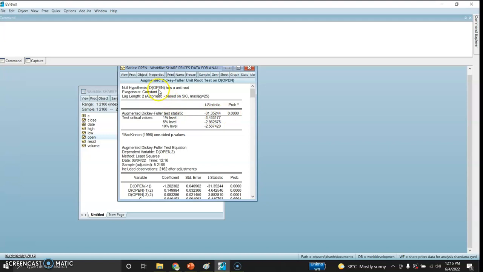So this time I will strongly reject this null hypothesis that the series of the open in its first difference has the unit root, so now it is stationary. And after this, I will estimate the